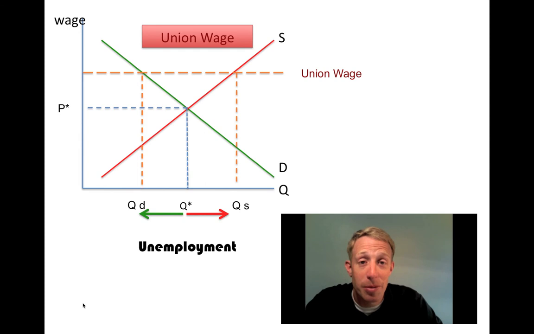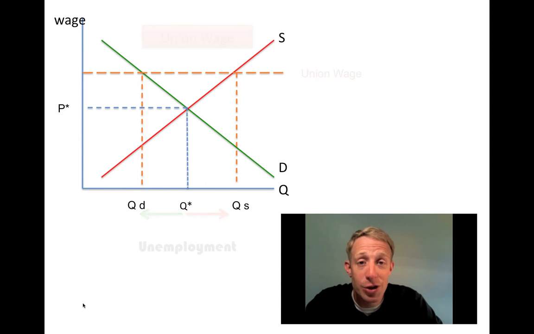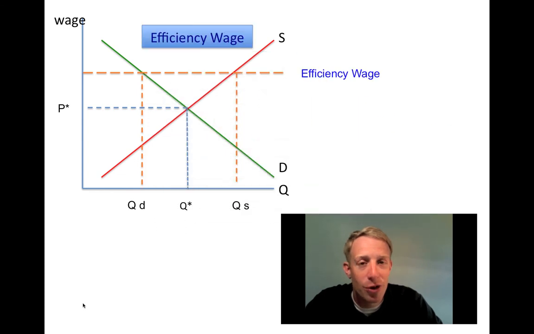The third way that this can be accomplished, this division between demand and supply, is when a firm voluntarily pays a worker more than the market wage. This is referred to as an efficiency wage. Now, the firm knows that they're not going to be able to hire as many people, but by paying a wage above market, they can attract better workers. They can get workers who are more dedicated to their jobs, because they know if they don't work hard and they lose their job, then they can't find a job that's going to pay as well as this one does.